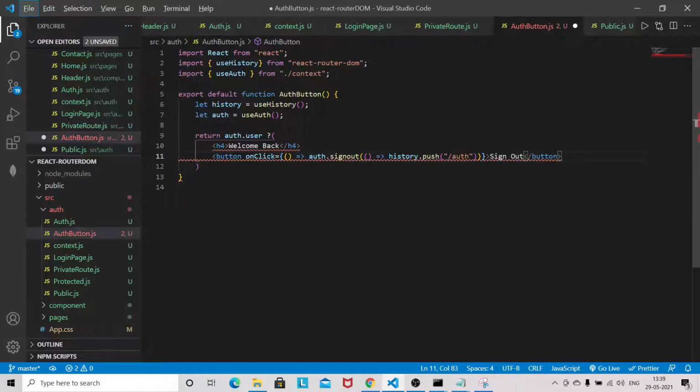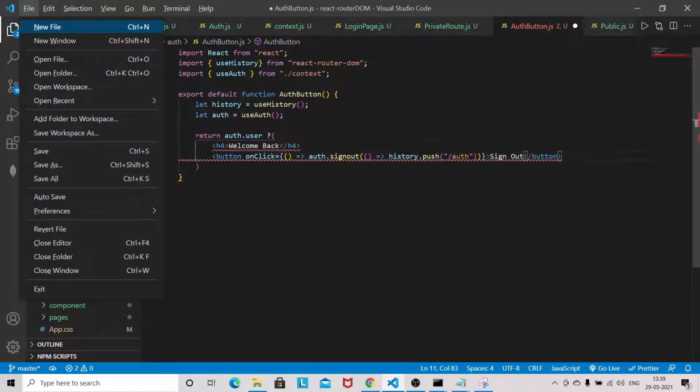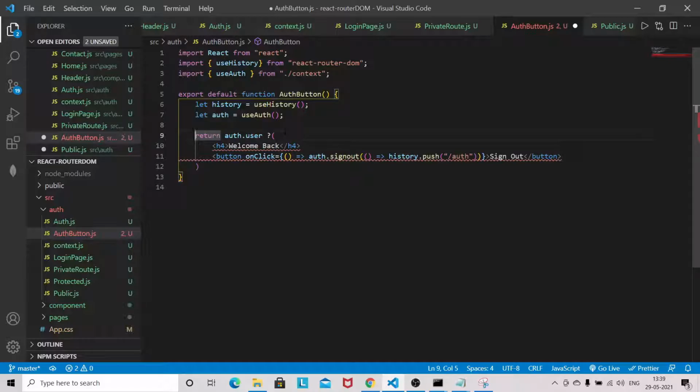And so where it's closing, h4 will be here actually, sorry.